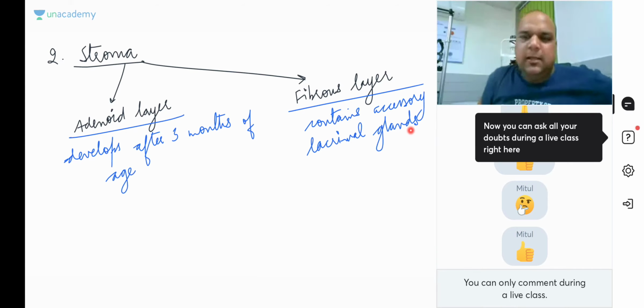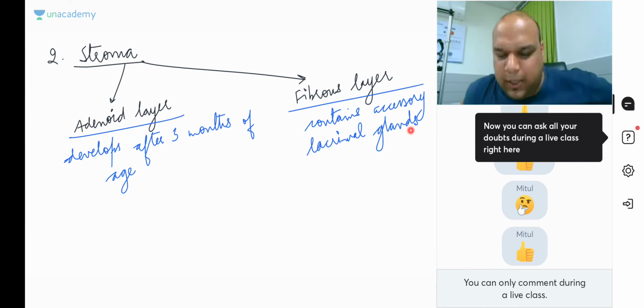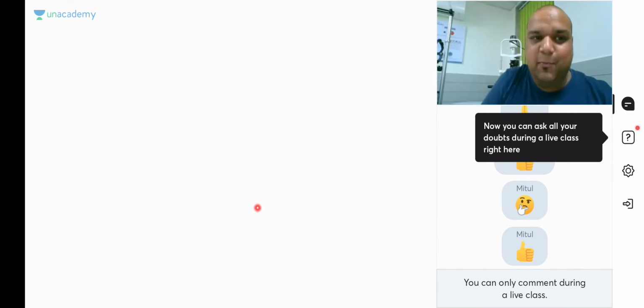So, very simple anatomy of the layers, everybody. The only thing I wanted to emphasize was the position of the goblet cells and their importance in the formation of tear films. Now, apart from this, in the basics of the conjunctiva, the very important thing you want to learn is that